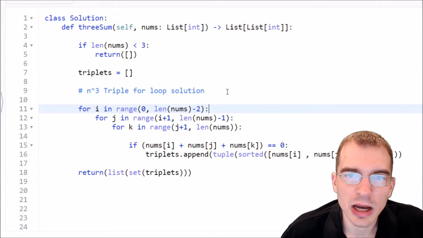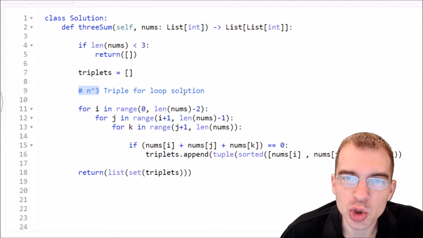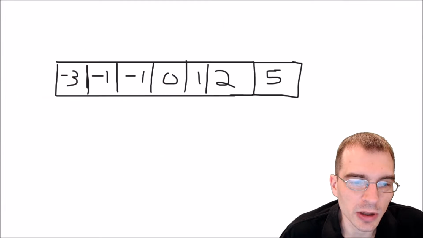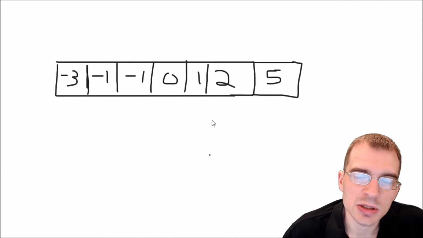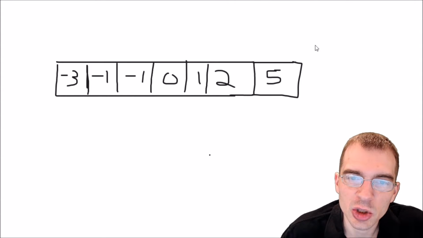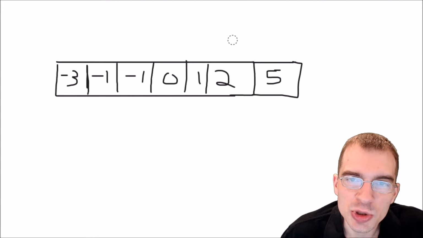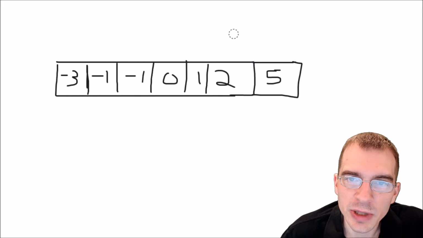So now let's think about how we could go about coding up a solution that does better than n-cubed runtime. So for that, let's pull over to our whiteboard real quick and think about it. Now, I've written some numbers here, and you'll notice something about the numbers that's key to solving this problem in better than n-cubed runtime, and that is that the numbers are in sorted order. You'll remember that even when we did the n-cubed solution, we ended up sorting the triplets so that we could eliminate the duplicates. But for a problem like this,